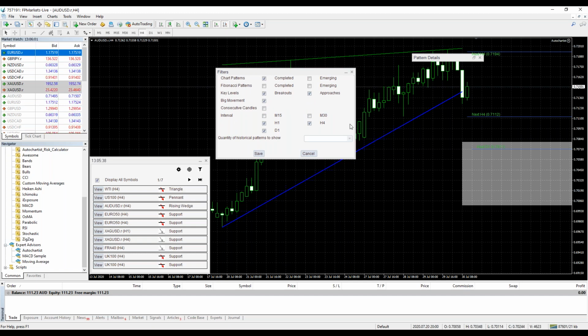First things first, I'll skip to more towards the bottom part of this little filter window. If we look at the interval section, and that is really the wrong color to use, let me use purple. Purple's a good one. There we go. So if we look at the interval section over here, you can see that I have unchecked M15 and M30.